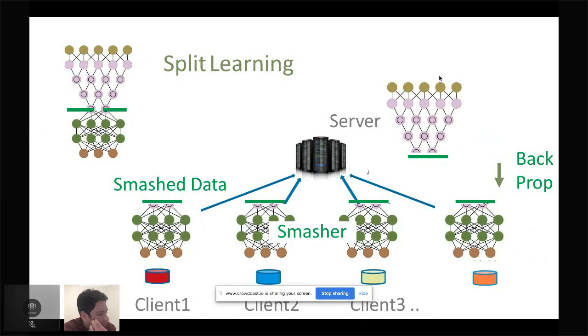But split learning could also be seen in other setups or topologies of the network, like, for example, something like a Tor or an onion router, where there are sequential splits and it's hopping from one part of the sequence to the other. There's not necessarily a server. So there are different ways of operating this, but this is the most vanilla form that's worth looking at first. And so for this obvious reason, we are not communicating all the weights of the model, which would be in millions or billions of parameters, but we're only communicating activations from one layer, which is a much, much tinier fraction of what the communication would be in federated learning.